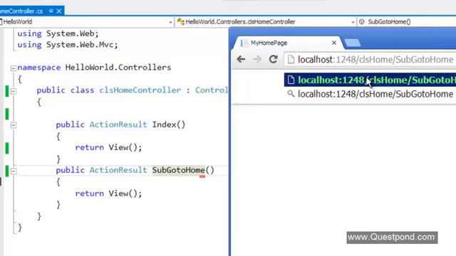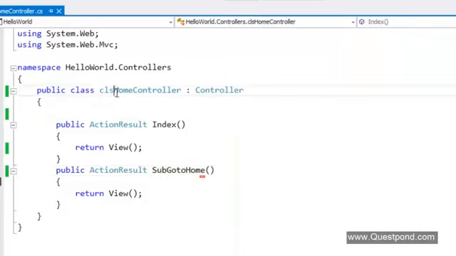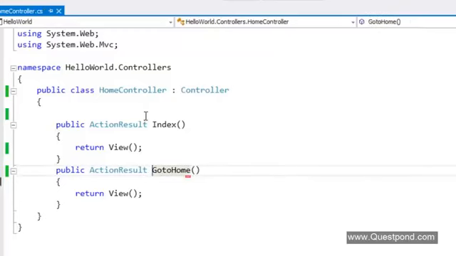And specifically when the end users are non-technical persons, it is very difficult for them to write such kind of URLs. And that's exactly where routing helps us. Routing helps us to create user-friendly URLs, and those URLs you can map with your technical controller names and action names. So for example, if you see currently,